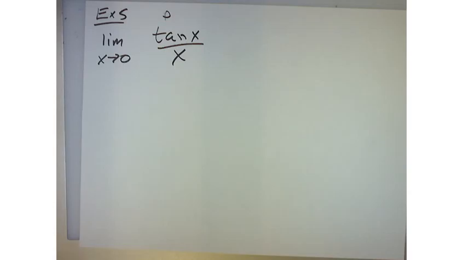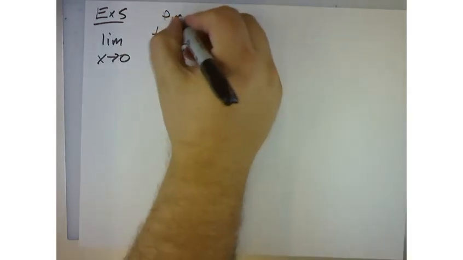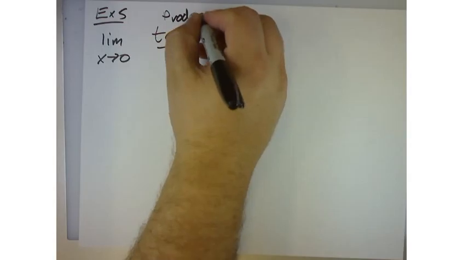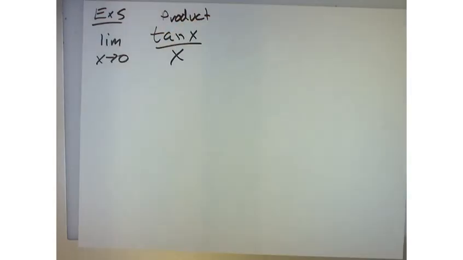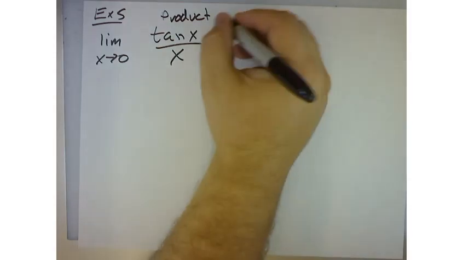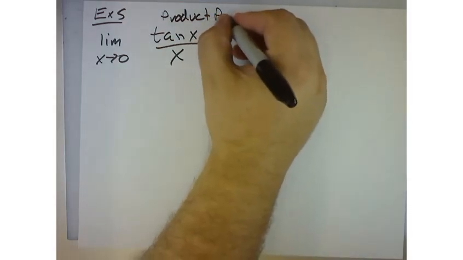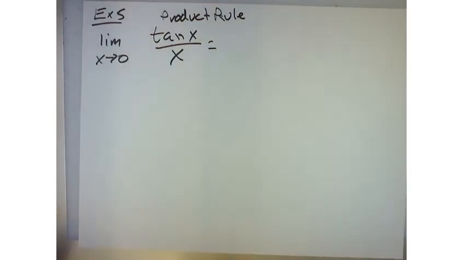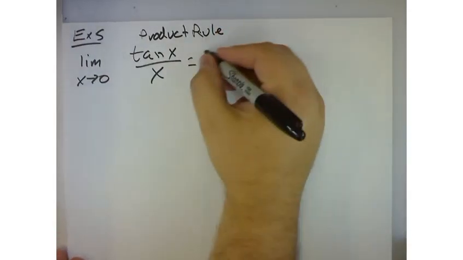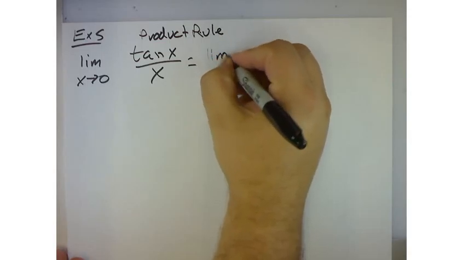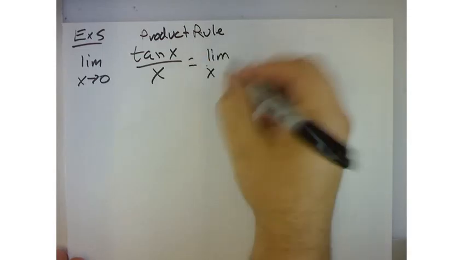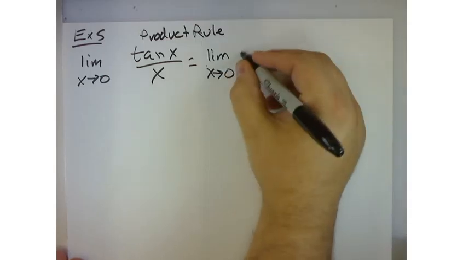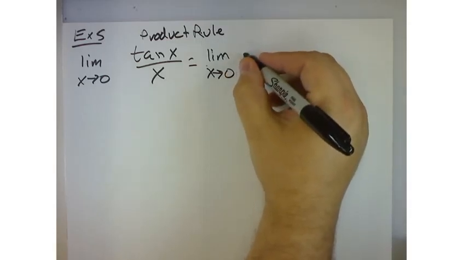Because multiplication and division are really the same. But the product rule says that if I take the limit of two factors or a quotient or a product, then I could just multiply the limits and that'll give me the same thing. So in other words, this is going to be equal to, remember that tangent